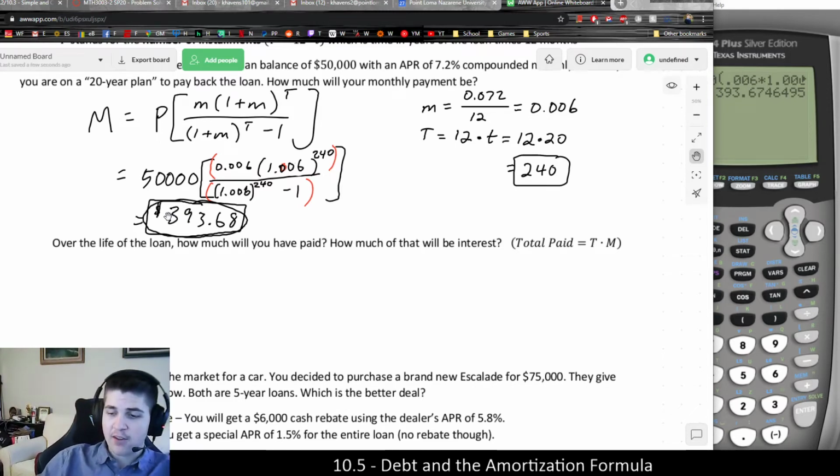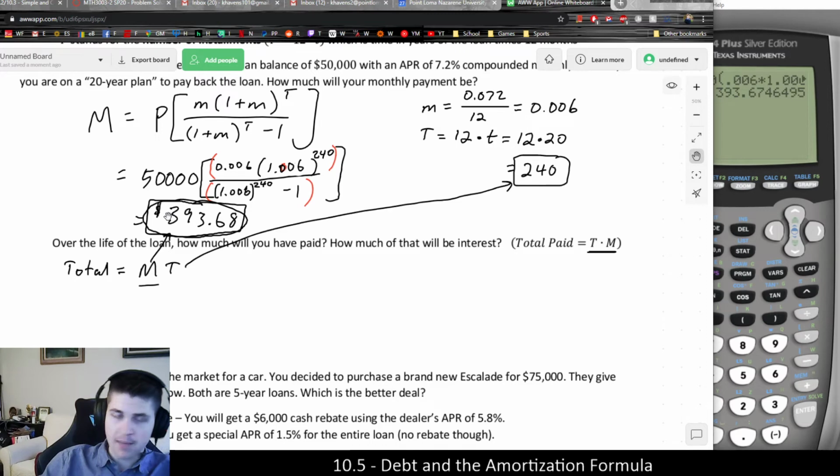But basically, I could figure out how much I'm going to be paying in total by taking the monthly payment and multiplying by the number of installments. So if I'm looking at this, M just stands for the monthly payment amount, and T stood for how many payments I was making to begin with. So if I multiply those two things together,